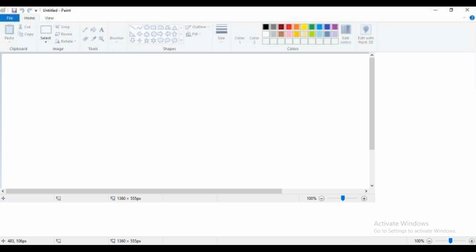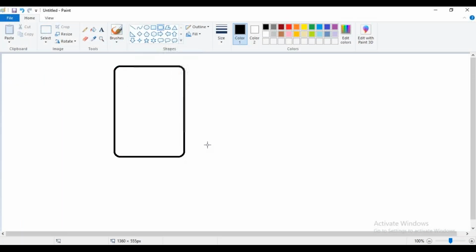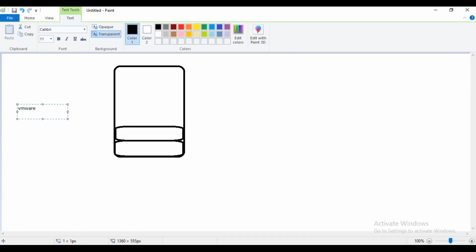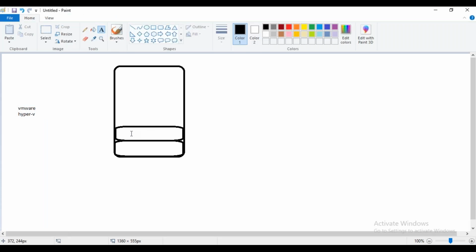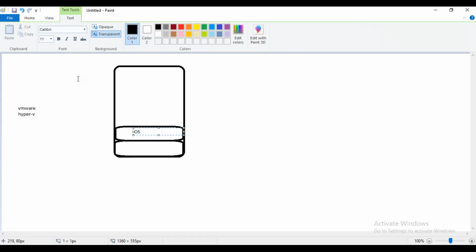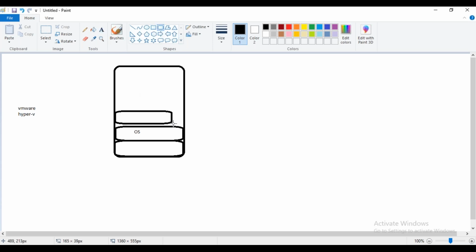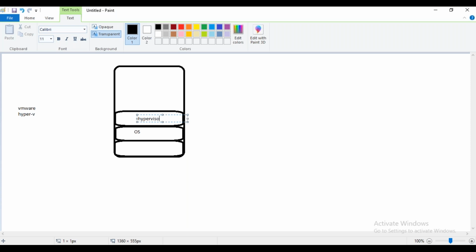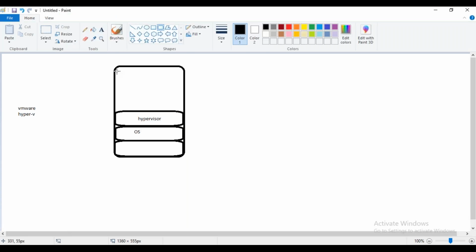Why? Because we can create a number of virtual machines inside this. So this will be the physical server, this will be the operating system, and this will be the hypervisor we are going to use, like VMware and Hyper-V from Microsoft. These are the top companies who provide this virtualization software, the hypervisor. Previously we used to install the operating system, and on top of that we can install the hypervisor, and then we can create multiple virtual machines here.